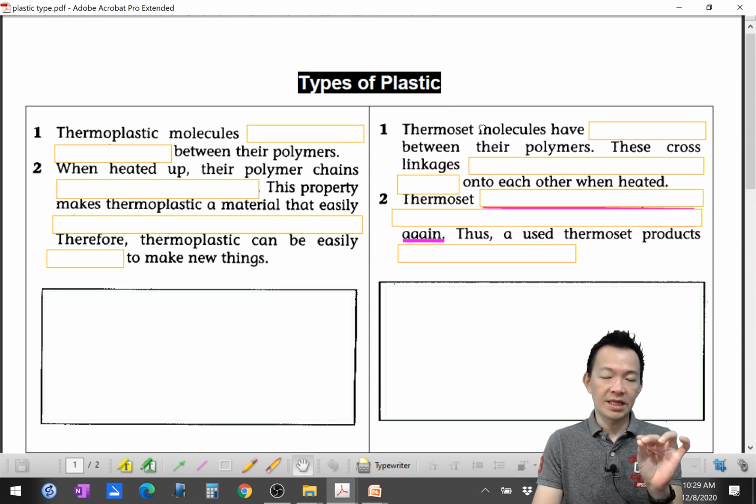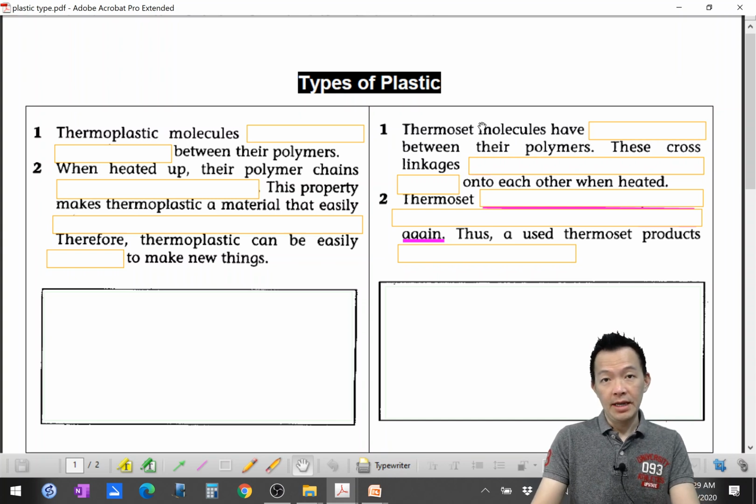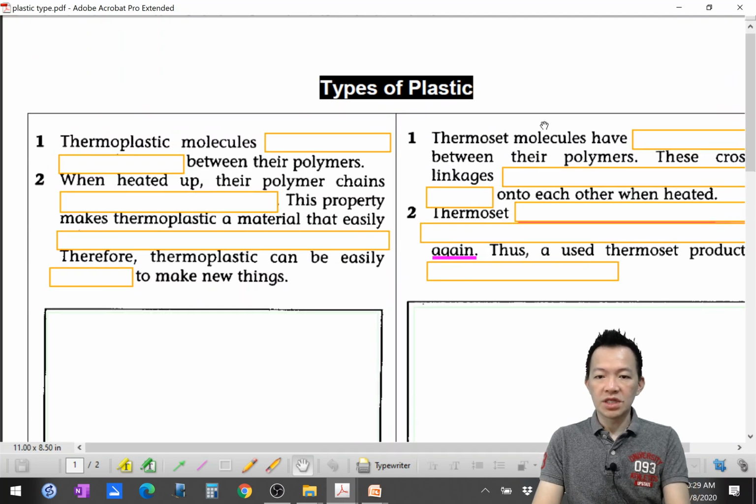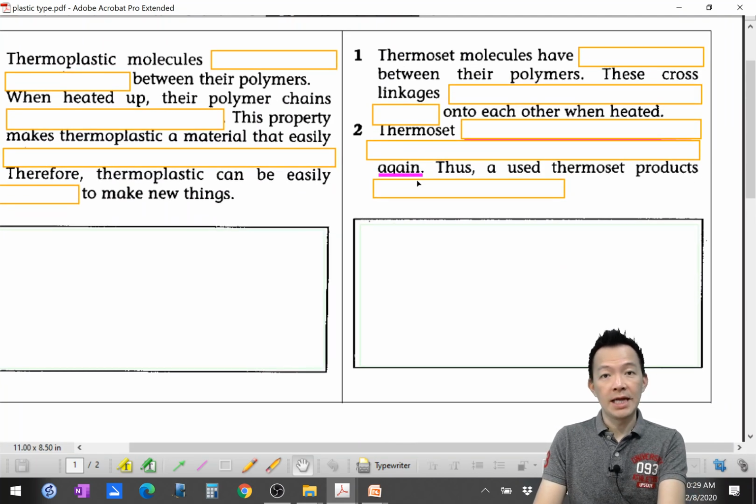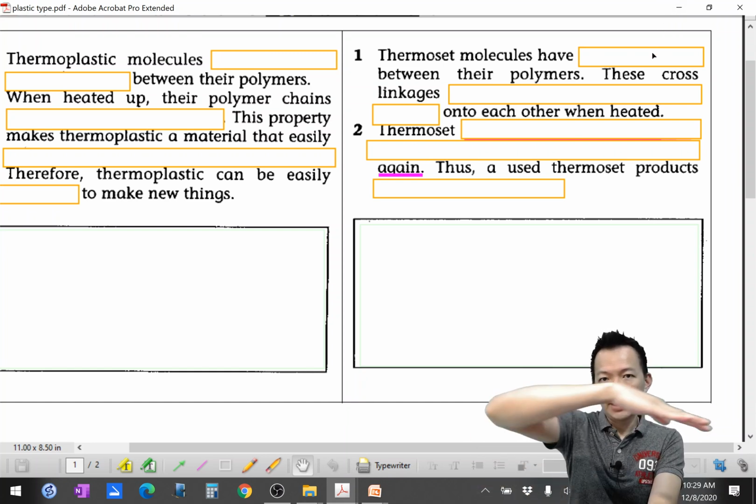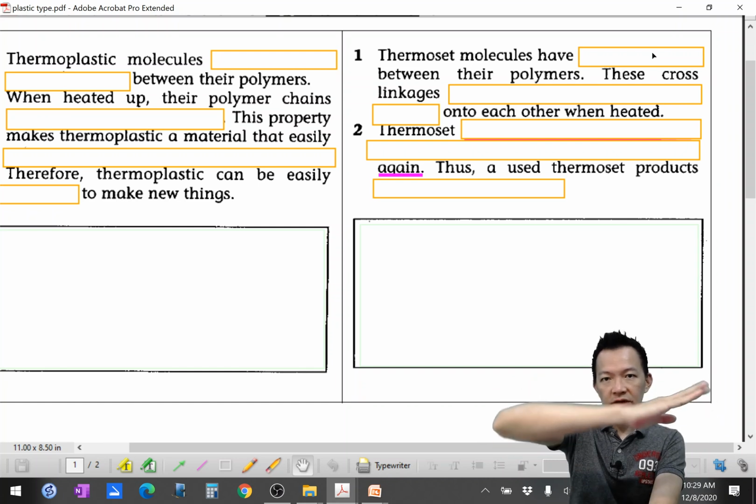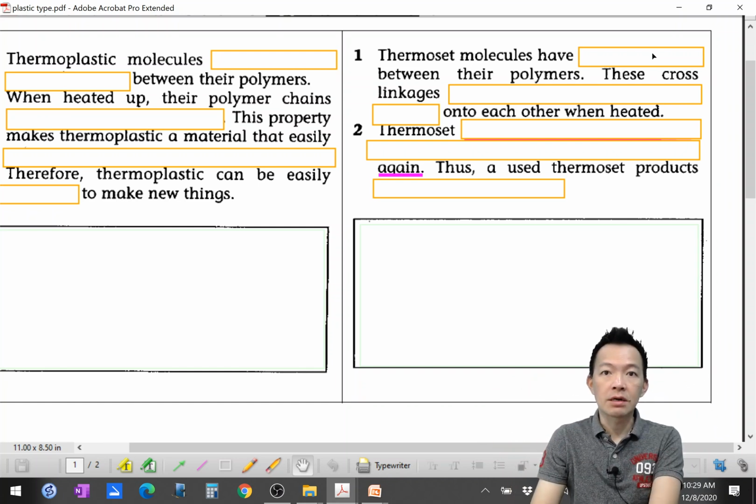Still remember what's meant by thermoset? The plastic that can withstand the high temperature. Okay, 能耐高温的 plastic, the strong plastics. So I go to thermoset first. 我先看 thermoset. So for thermoset plastics, their molecule actually has something very special. 它的分子啊，大型分子，一条一条的分子。